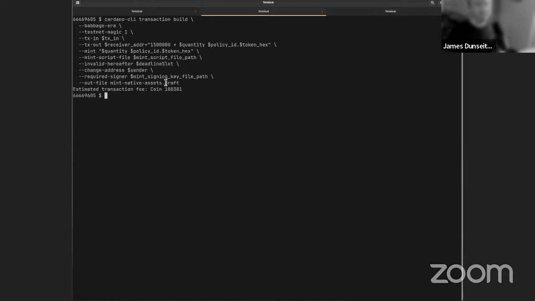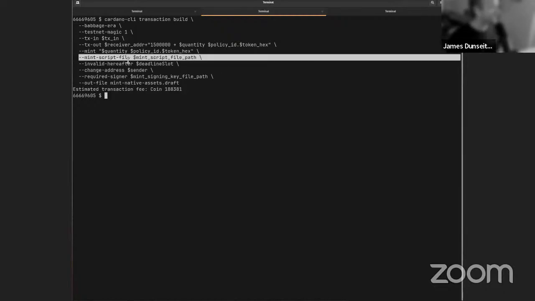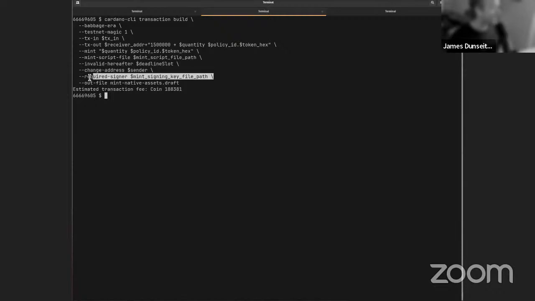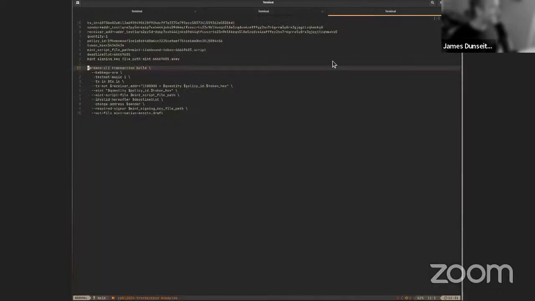This transaction actually builds. It's a valid transaction. Why? Well, because we specified some rules in the mint script file, and then we followed those rules. We built a transaction where the deadline slot matches what was in the script file and where the proper required signer is here. If I change that deadline slot